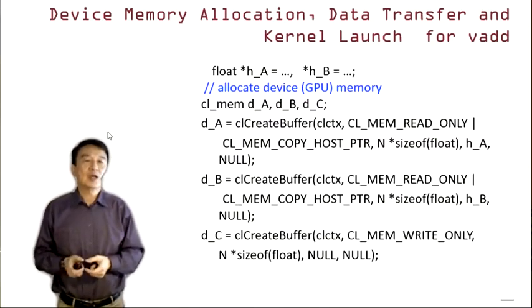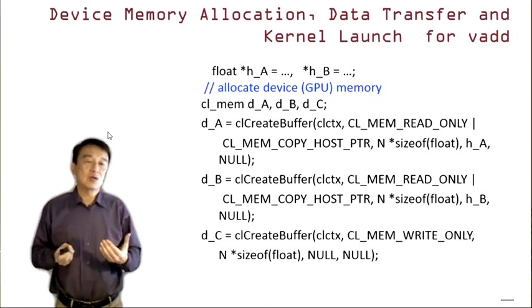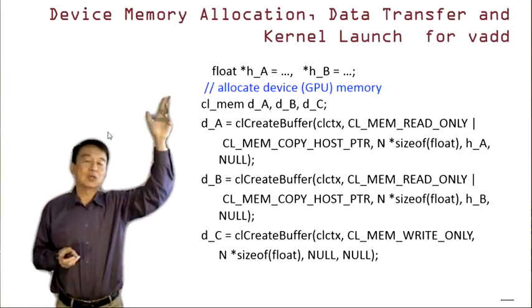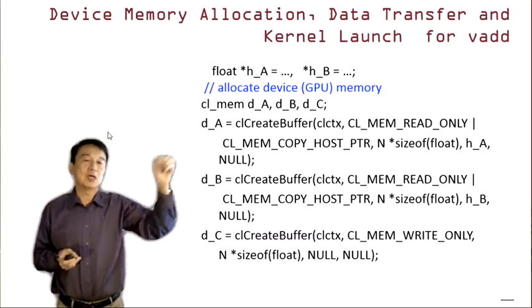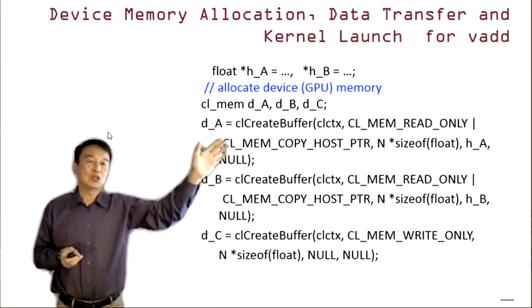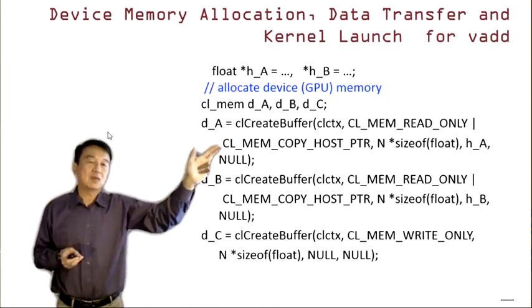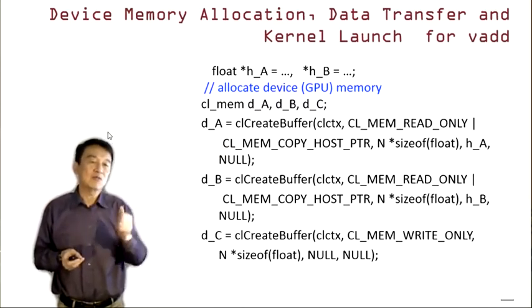So here we show a very simple example that you will need to use for your assignment. Here we show the host memory pointers, and then the device memory pointers, and then the create buffer, which is the memory allocation for the device. We show that we should allocate memory for read only on the device, but then we also provide the host pointer so that it will transfer the host